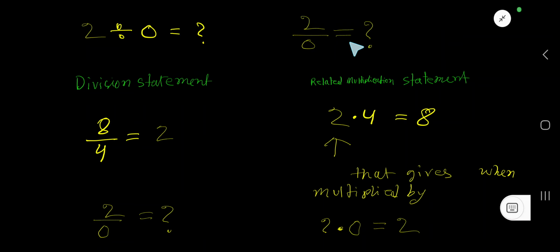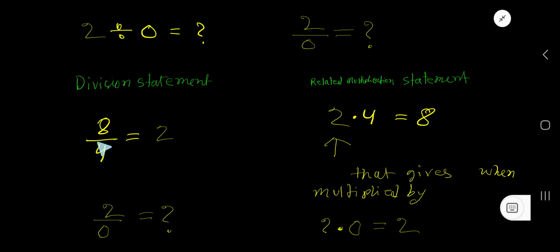2 divided by 0 equal to what? Okay, 2 divided by 0 is undefined. To understand this problem, let me explain it clearly: the division statement and the related multiplication statement. You know that multiplication means repeated addition and division means repeated subtraction, but we can also express division using a related